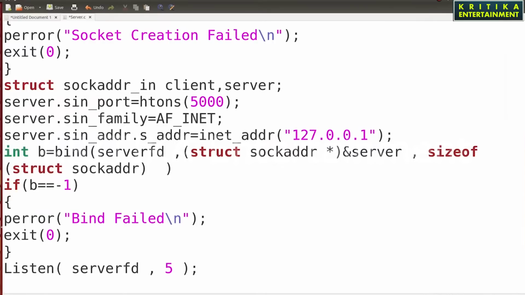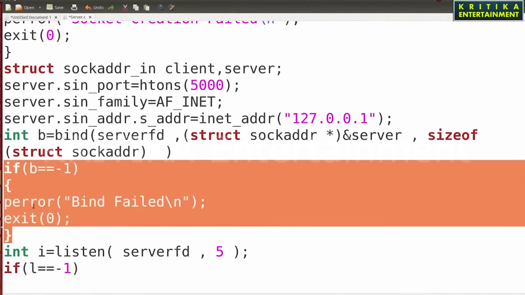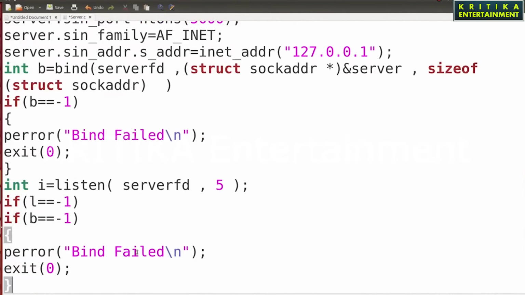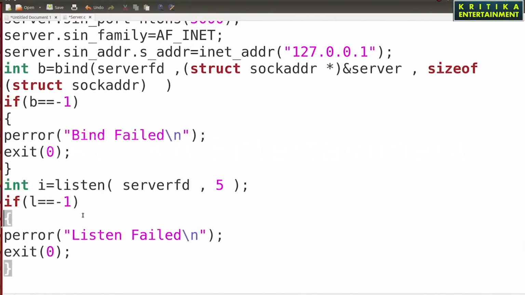Here you can also write if l is equal to -1, then make the same copy and paste. This will be listen fail. If it is successful, then you can write here: